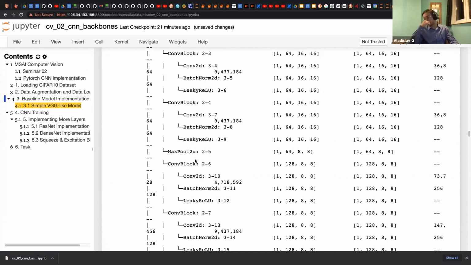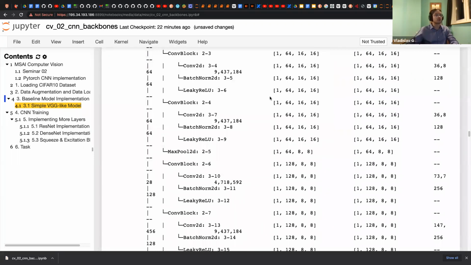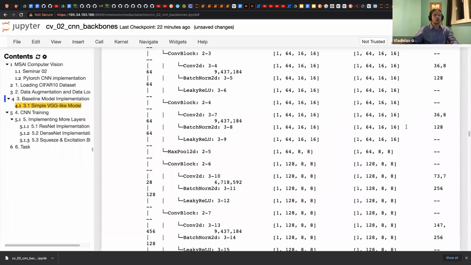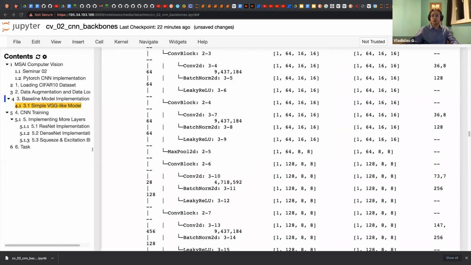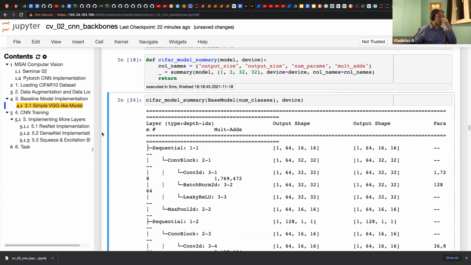By the way, it's a Neutron app. I have it here, and I will show it a bit later. We have a really pretty visualization for created neural networks with this.